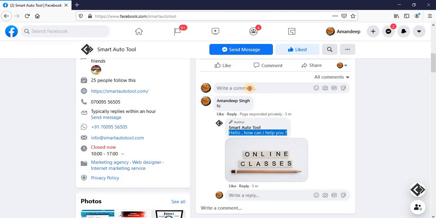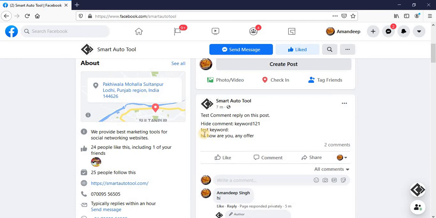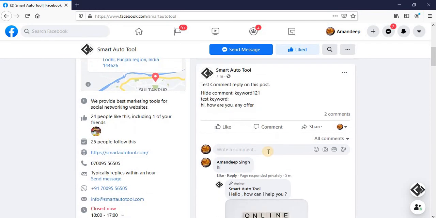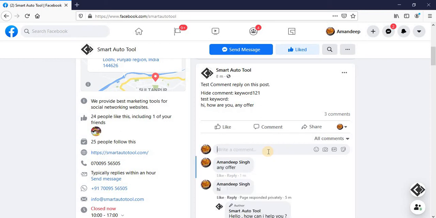Now we are using the second keyword. Wait for bot reply.